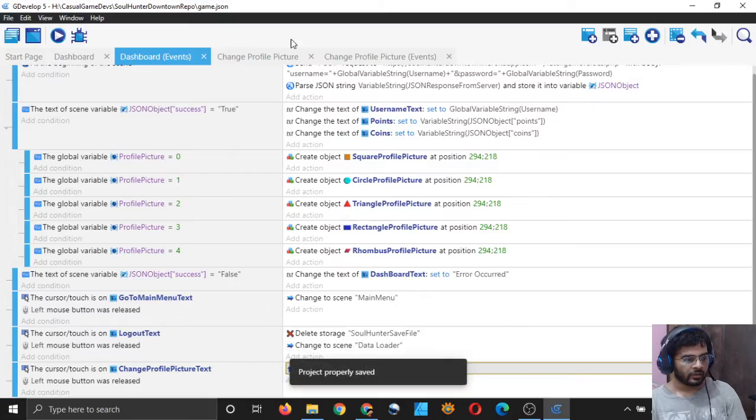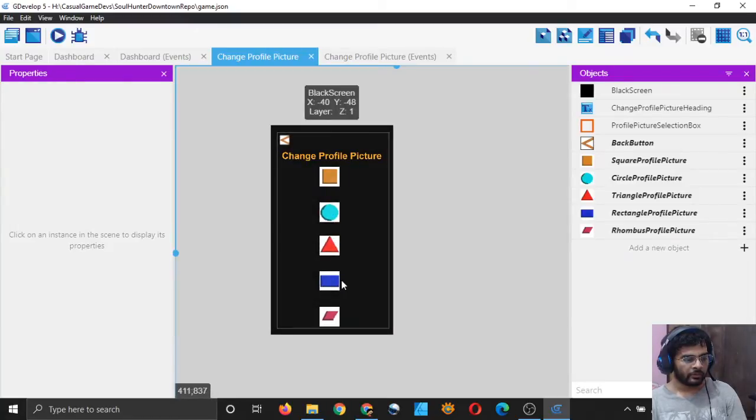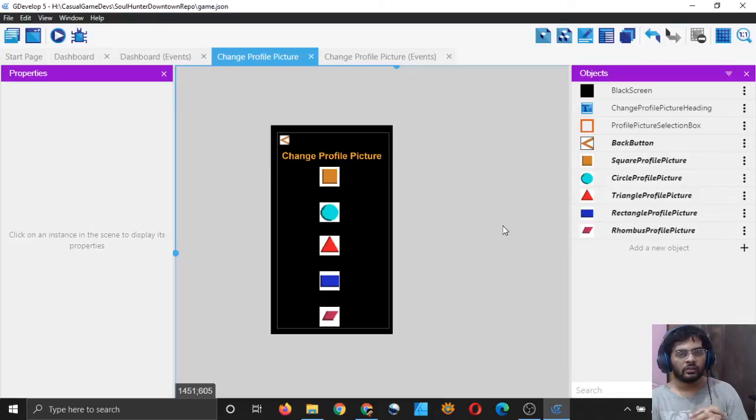So it will start that scene, and in this scene, as soon as we click on any profile picture, a request will be sent to the server, right? So that is what will happen, and we need a scene variable to do that.